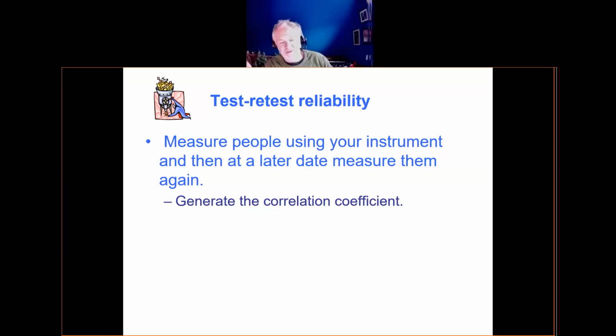To measure the relationship in test-retest, your score should be consistent. So if you score high during the one administration, the one test, you should also score high on the retest. If you scored low on the test, you should score low on the retest. So what you expect is a positive relationship between the score on the test and the score on the retest.